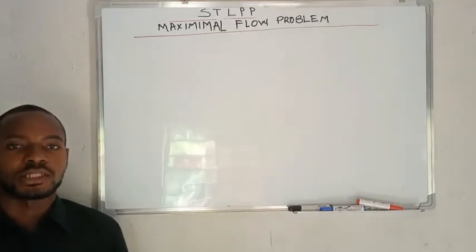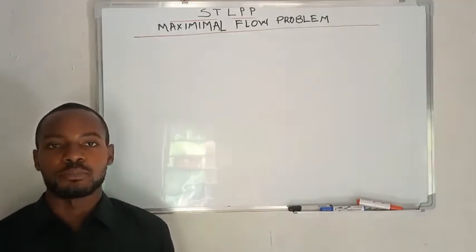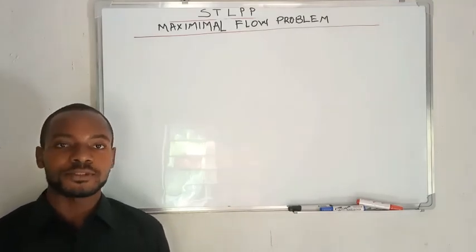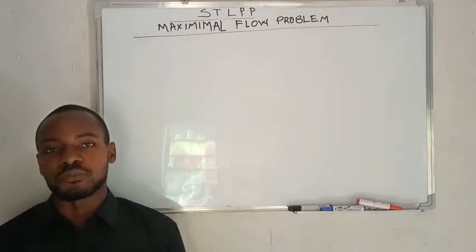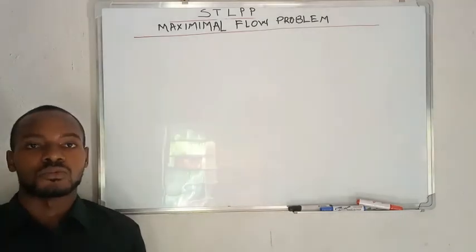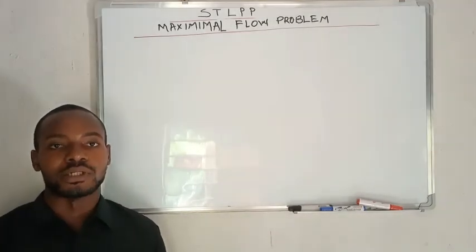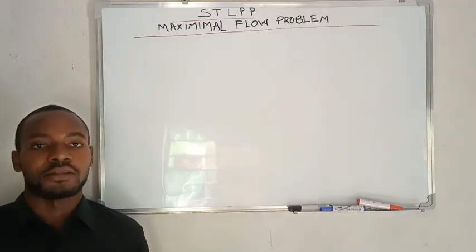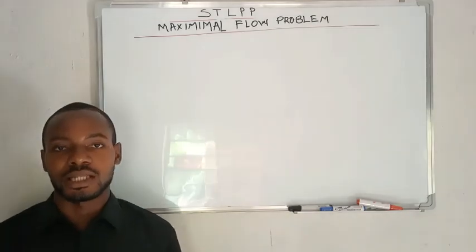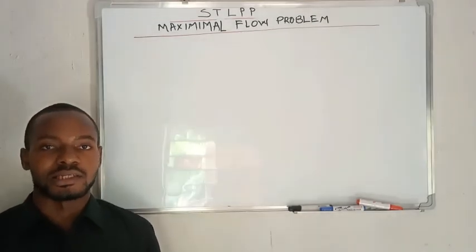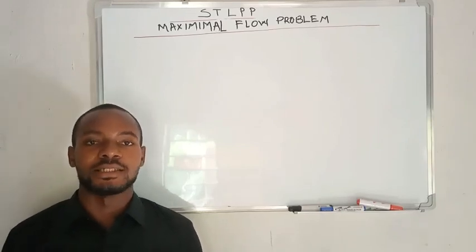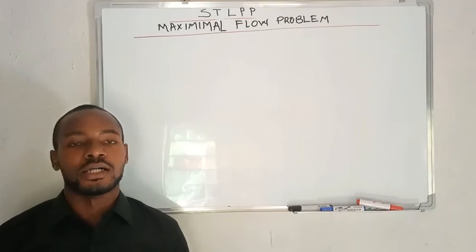Welcome back, guys. We are still on the special types of linear programming problem, and in this video we'll be doing the maximal flow problem. In the maximal flow problem, we consider a network that has n nodes, which consists of the source node and the sink node. And for convenience, we label the first node as the source and the last node as the sink. But before we continue, in the previous video we did the network and the graph, and it was